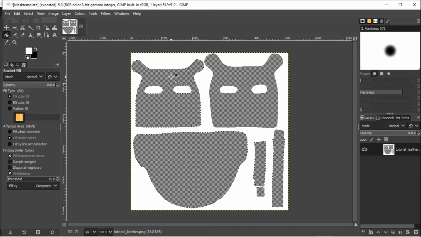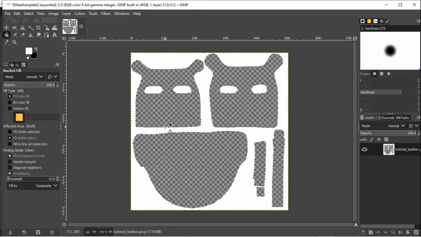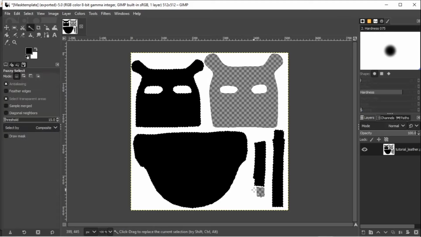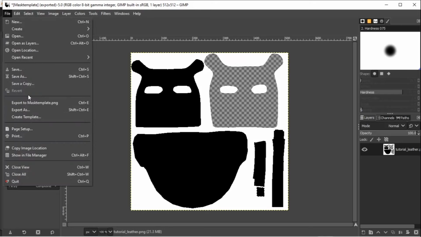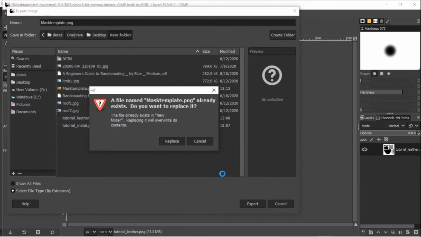Actually, here, let me show you what I mean. Boom, gone. Not good. So if you hit Control Z, it'll go back. So we want this to be black, or you could have a black background, white. Doesn't matter right now. Ultimately, what this is doing is telling us, okay, this is what we're going to be working with. So we'll click File, Export As, same thing, mask template, export, yes, replace,